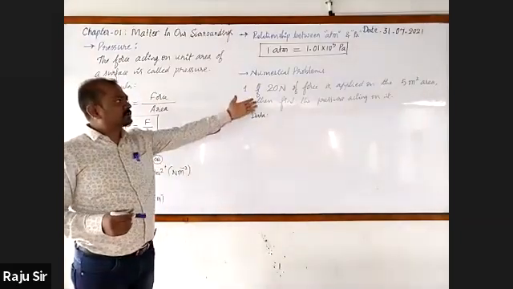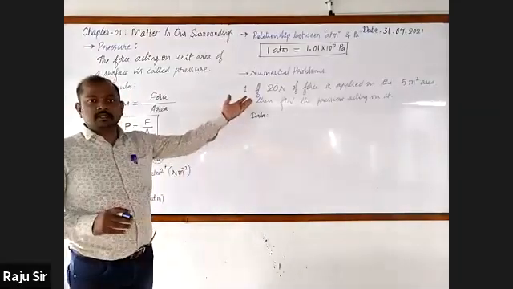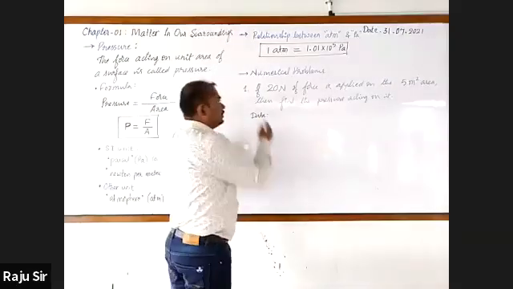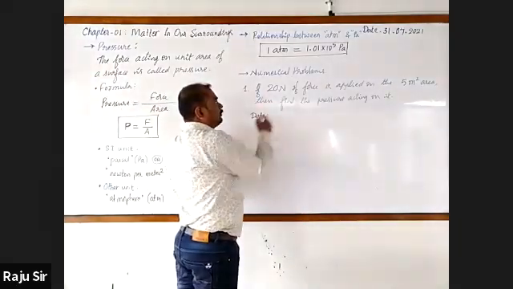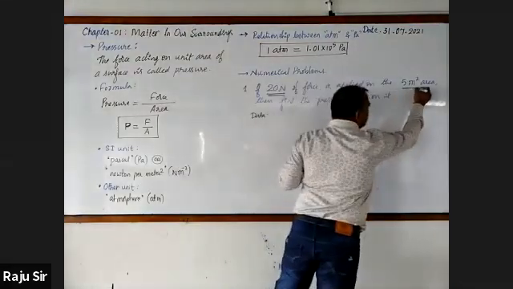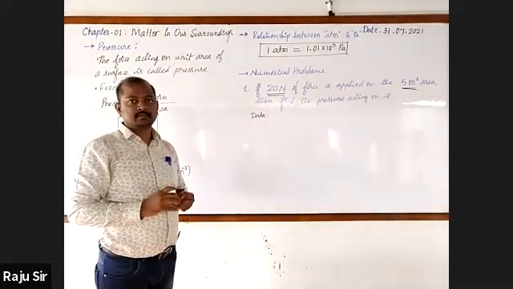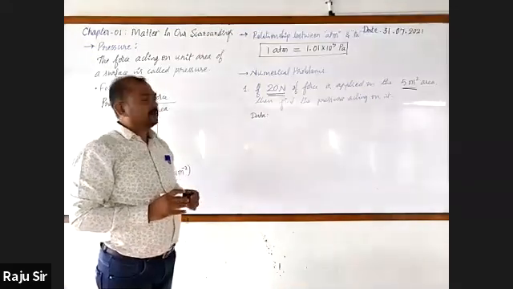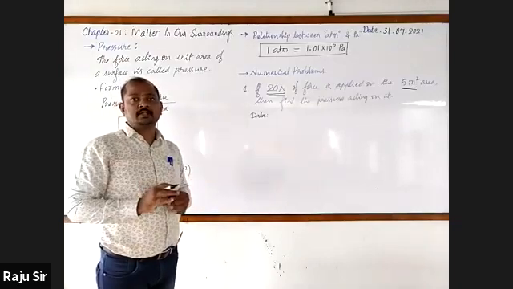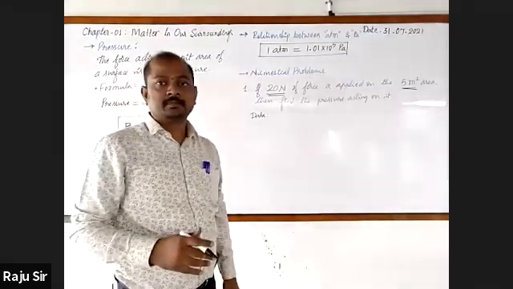Dear students, this problem is very simple. I've taken the terms directly without any conversions. If 20 Newton of force is applied on 5 meter square area, then we have to find out the pressure acting on that surface. One student already told that, Sinchana: sir, it is 4 Pascal. Absolutely, your answer is right. Now let us move with the steps.